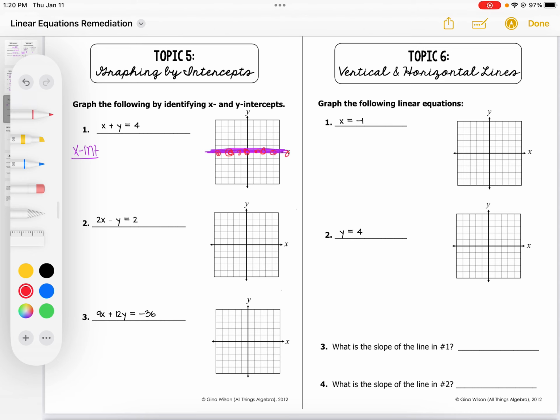All of these points have 0 as their y-coordinate. This point here is 1, 0. This point here is 6, 0. This point here is -2, 0. All of them have 0 in for y. When you're finding the x-intercept, what you do is you replace a 0 in for y, and then you solve